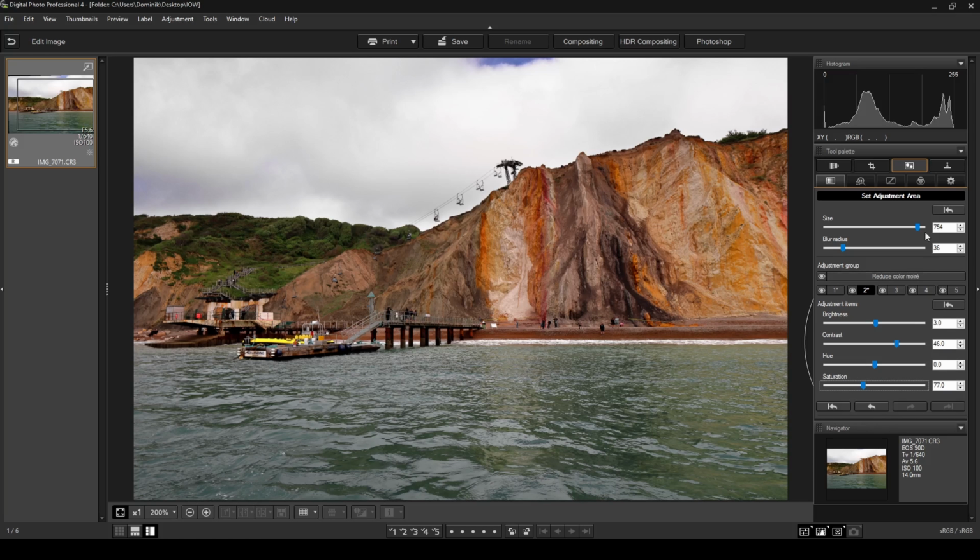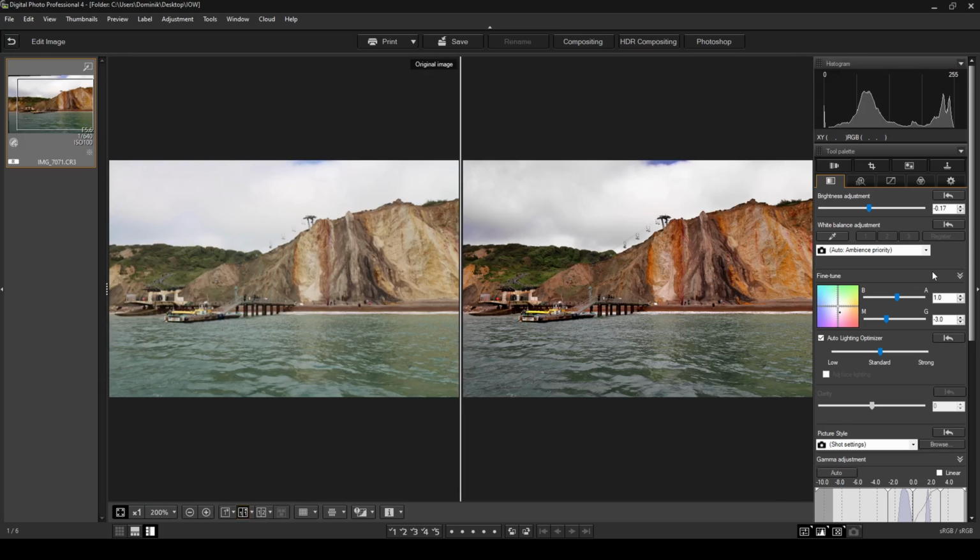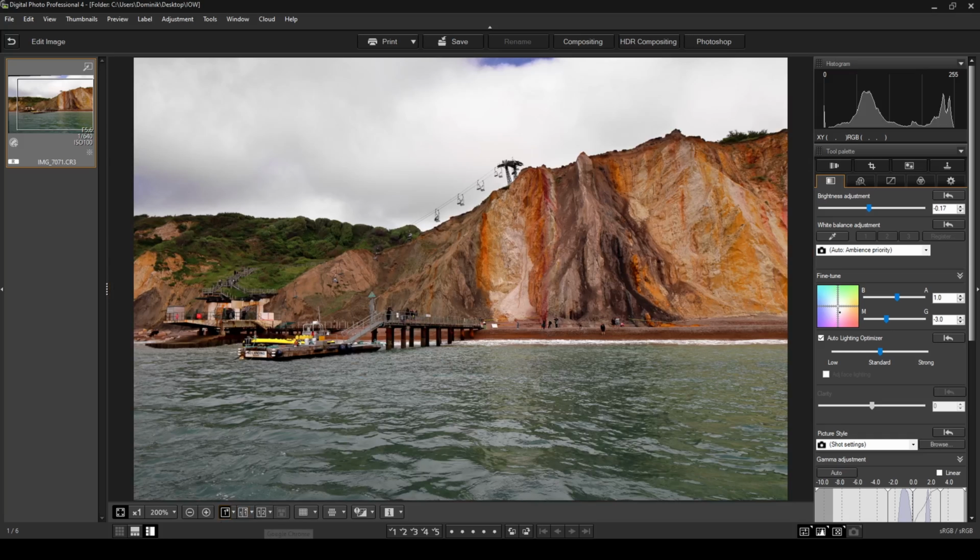And there we go. Alright, I'm going to go back into my basic adjustment image tab, and then I'm going to compare this to the before image. So let's see if this has changed, if it's much better. And there we go. This is the final image, what it looks like. I'm quite happy with that. The colors are popping out how I wanted them to. The sky looks a bit better as well, and so does the water, and the details on this are very good, and the colors of the greens are good. So all in all, I'm very happy with the result of this photo, and this is a photo I would